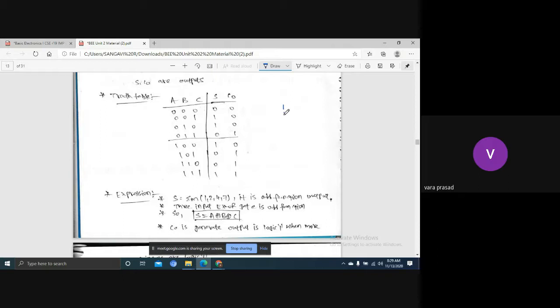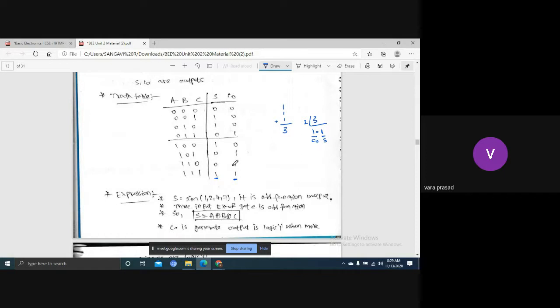Now listen, three ones are there. If you add three ones, we'll get 3. This 3 is not valid for binary. That's why you take modulo with 2. Three ones make one 2 with remainder 1. Then this is the sum, this is the carry out. Sum is 1, carry is 1.